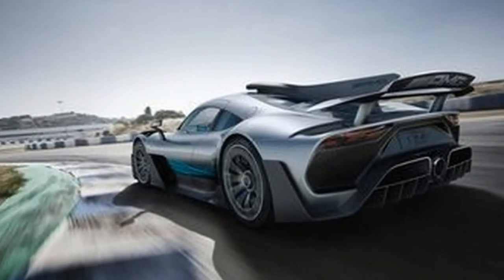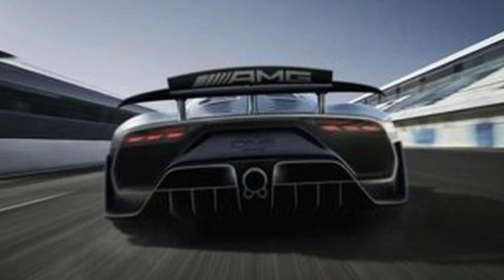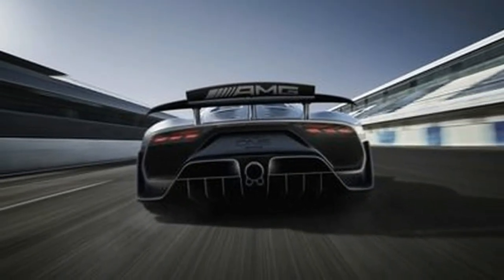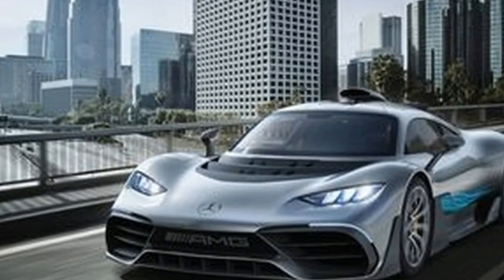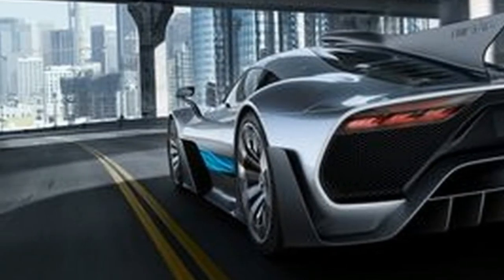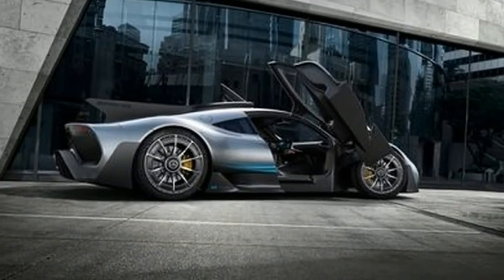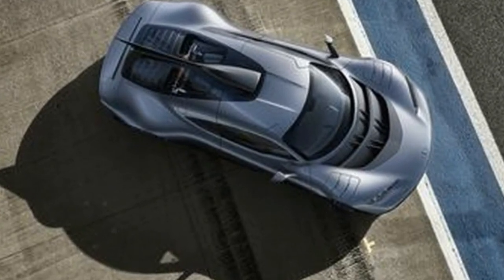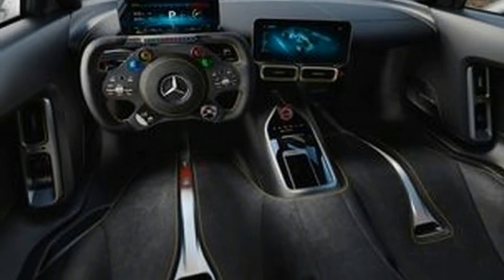Mercedes said the Project One has a top speed of more than 217 miles per hour and can accelerate to 124 miles per hour in under 6.0 seconds. If it delivers on those figures, that acceleration would exceed that of the Bugatti Veyron, 0 to 120 miles per hour in 7.2 seconds, the Porsche 918, the same in 6.7, or any of the other recent hyper-exotics that we haven't tested, in a car with air conditioning, power windows, and the Mercedes Command infotainment system. Production is expected to begin in the second half of 2019 with a